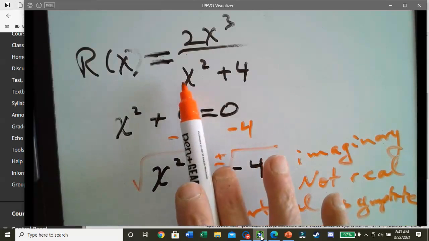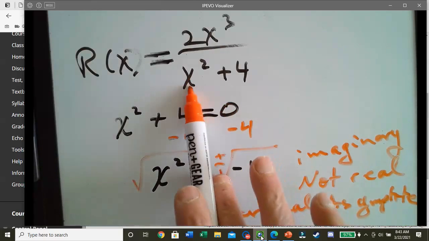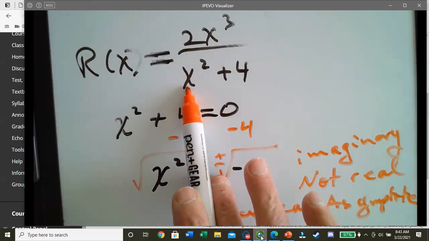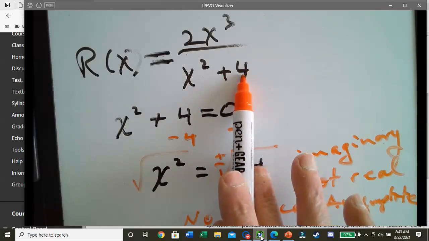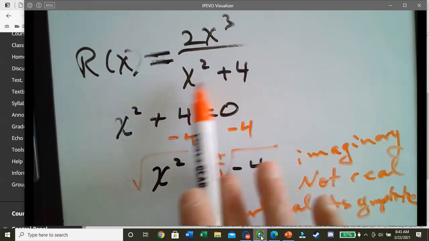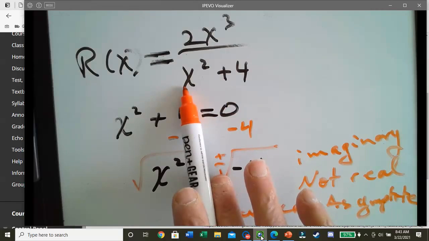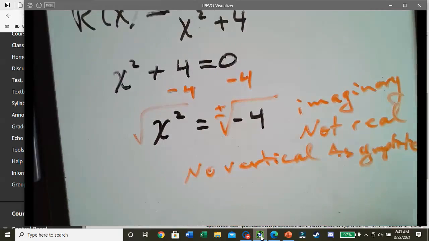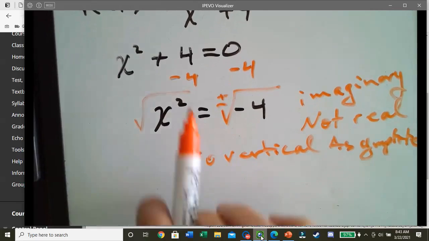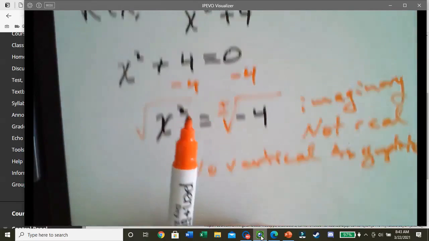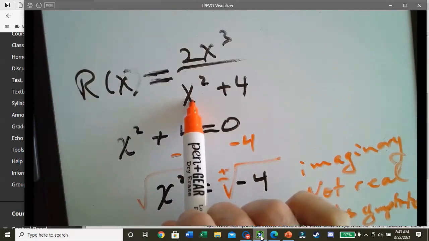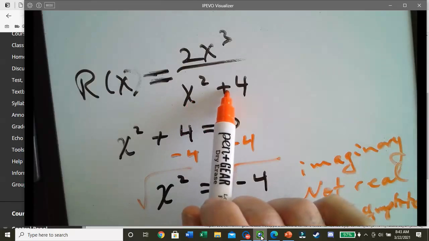Because if you were to put basically -2 in here, right? -2 times -2 is 4. 4 plus 4 is 8. You don't get an undefined. So there is no number that will give you an undefined in the denominator. And so in that case, this is the one exception where you have the sum of two